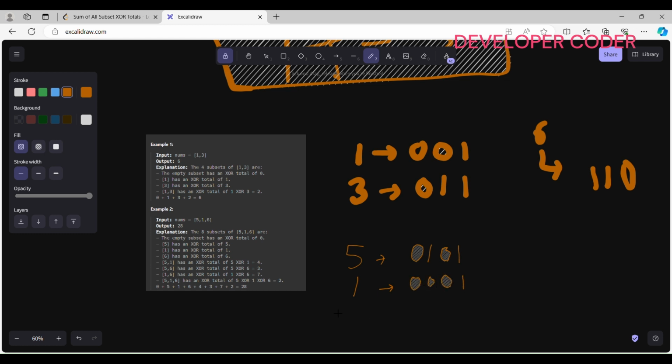Okay, and if I'm going to write 6 in binary form, then I'm going to write it like this, 0 1 1 0. Okay, this is how I'm going to write 6, right? So now see here,